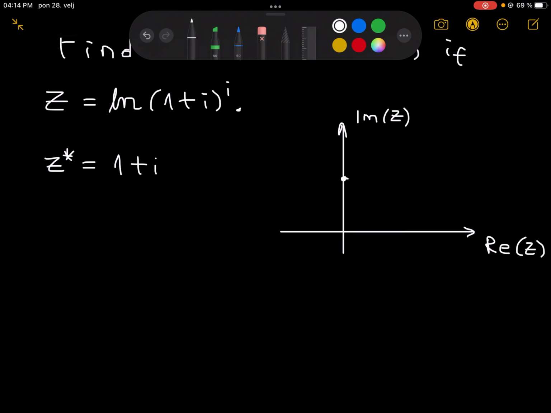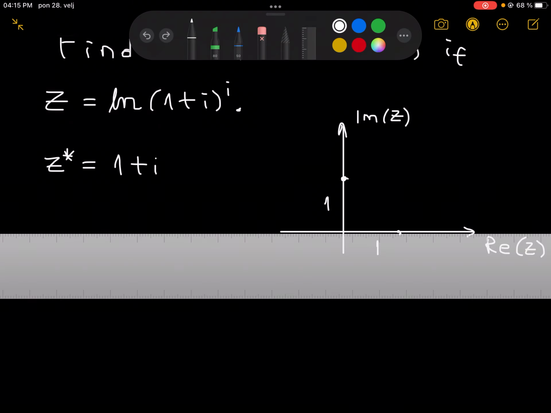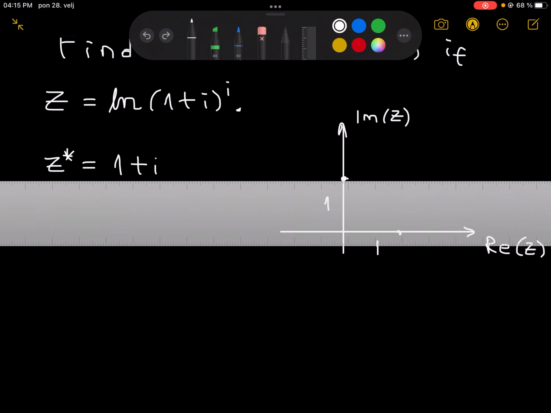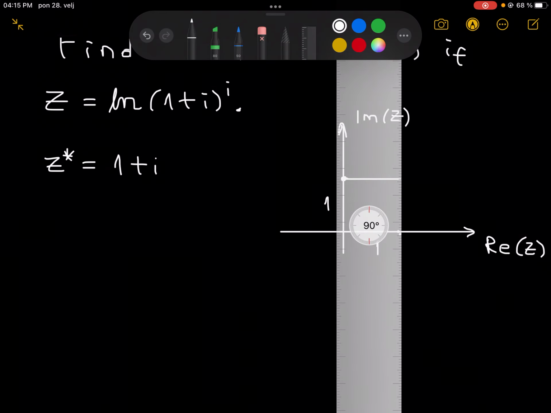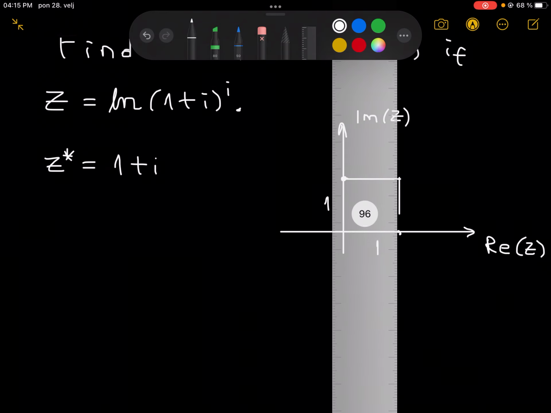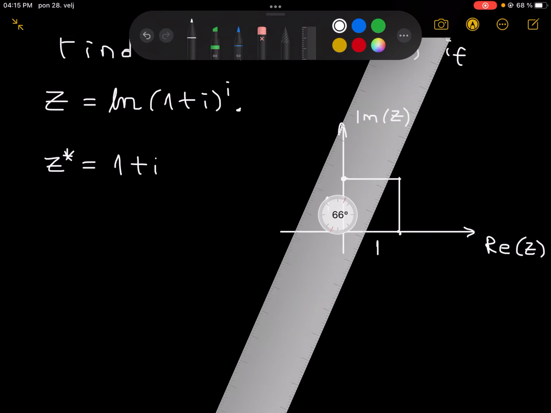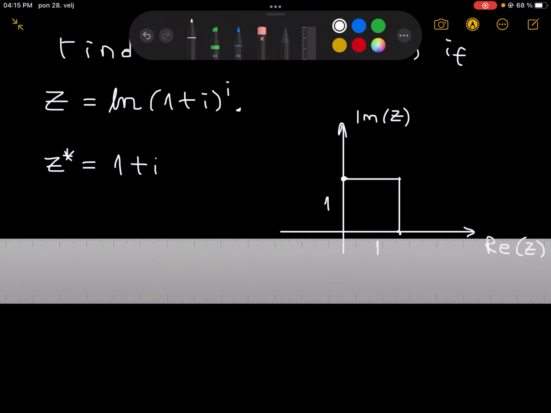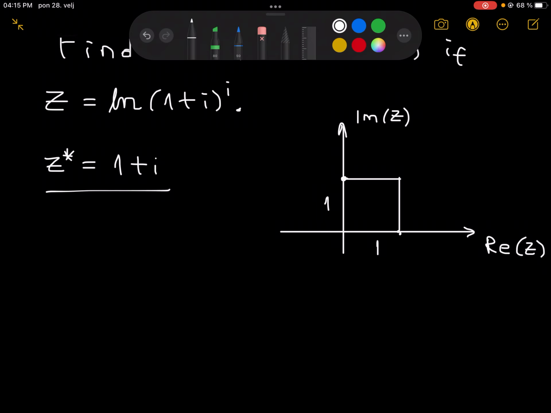If this is 1 and this is 1, here is approximately our number. So it lies in the first quadrant. Of course, this is the algebraic form of our complex number, z asterisk,